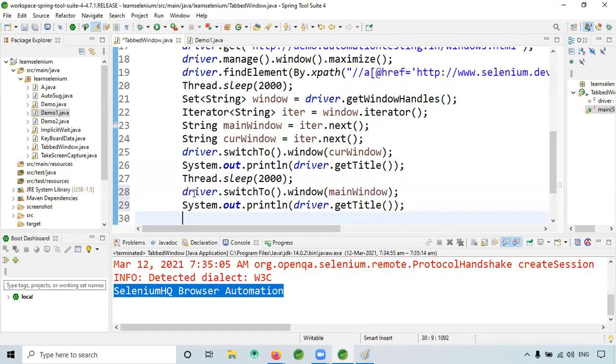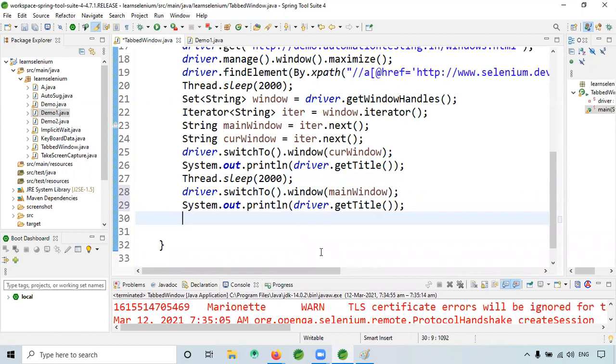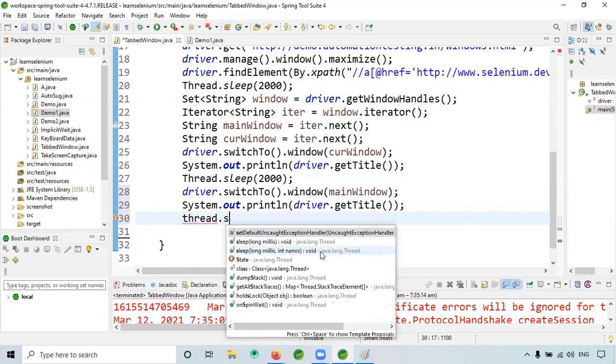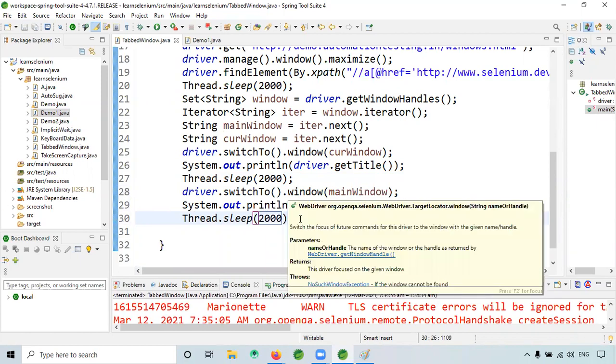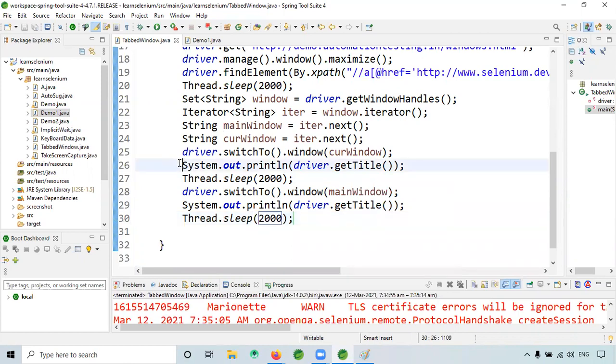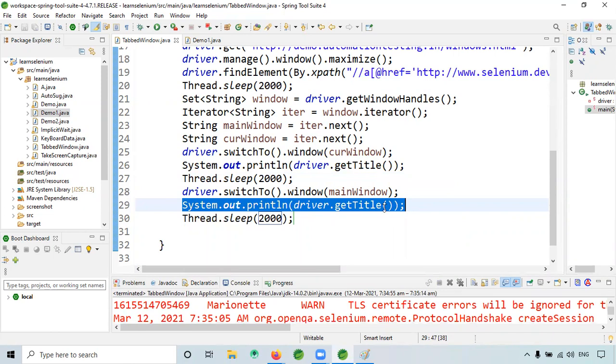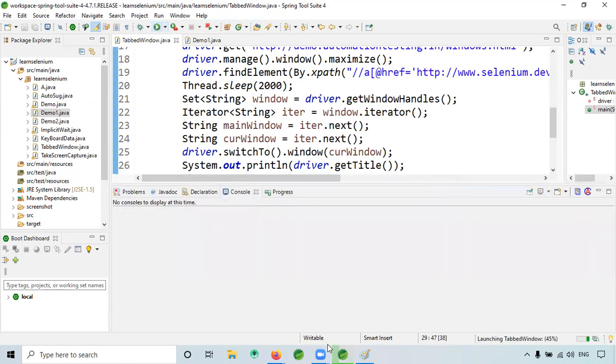Okay, so now you are in the window, so here I will use the sleep method. In the sense, it has to give me the title of the current window and the main window. Both it has to print. Okay, so now let's run.